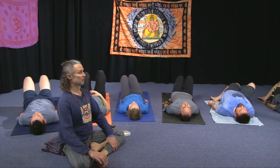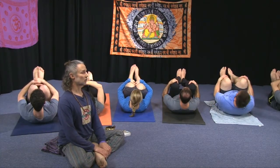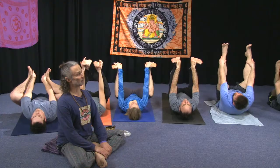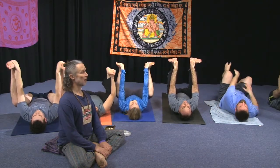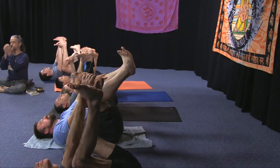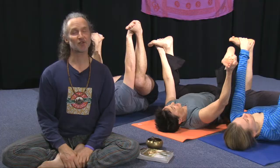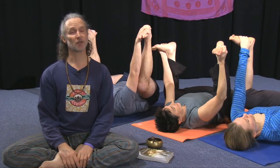Coming back to center, bring the knees into the chest, wrapping the arms around the knees for a gentle belly squeeze. And as you release the head to the mat, taking the soles of the feet for happy baby pose. Head to the mat, gently rocking it side to side. And for the happiest of all baby vibrations, as we putter our lips in glee. Feeling those good vibrations, tension falling away from the face, lips,